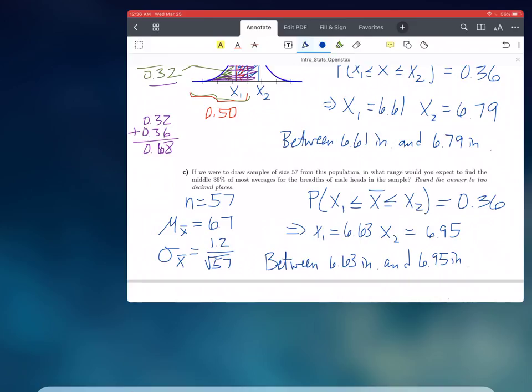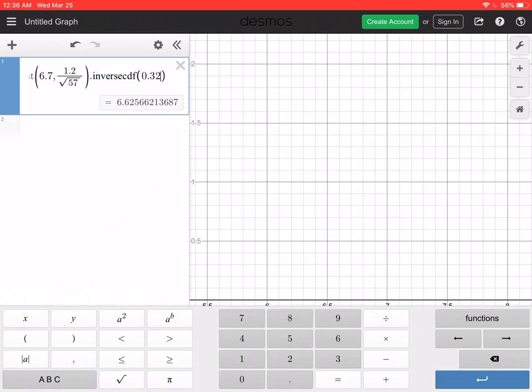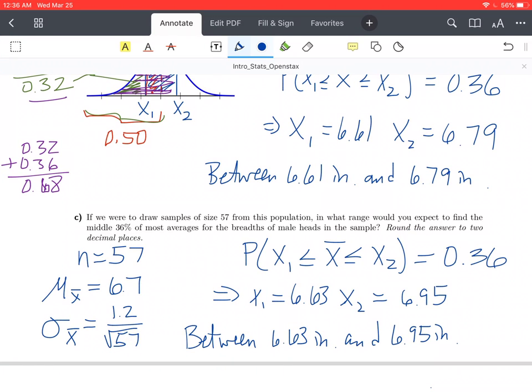And our upper number, so the 0.68, is 6.77. Yeah, because as we increase the sample size, we should start to get a better picture, more closely centered around that middle. So that means our middle 36% would be between